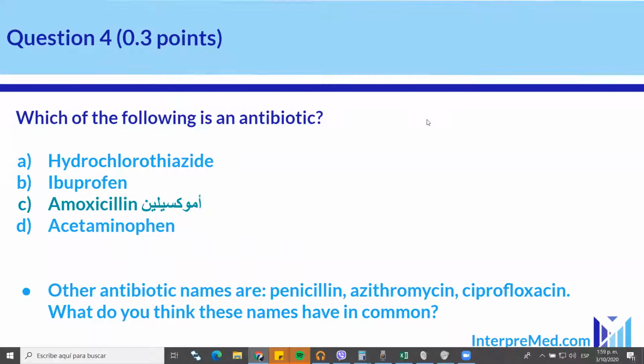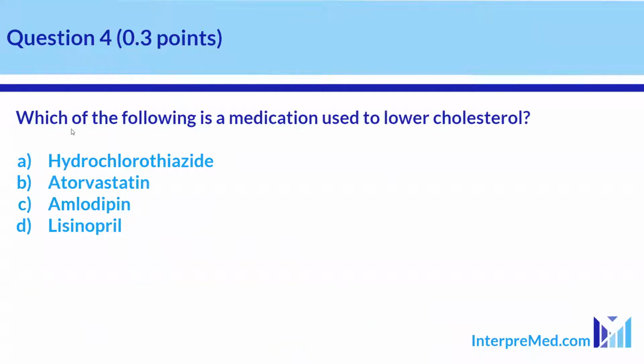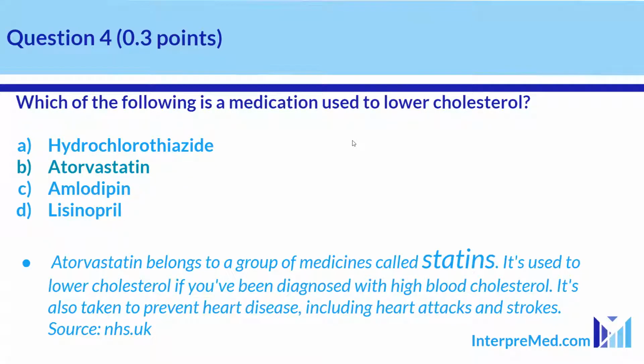Okay? Okay. So next. Which of the following is a medication used to lower cholesterol? Hydrochlorothiazide, atorvastatin, amlodipine, lisinopril. Atorvastatin. So I heard that Amy said A and atorvastatin, Sira said it, right? Someone typed it in first. So I thought we're not writing comments. Oh, so it's B. Okay. Yeah, so Sira got the correct answer.